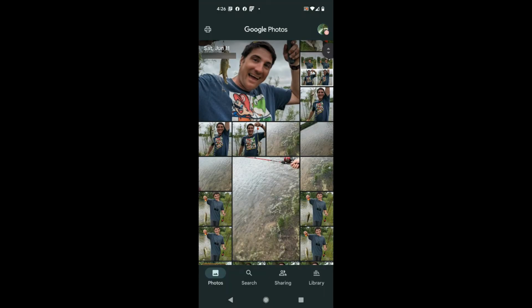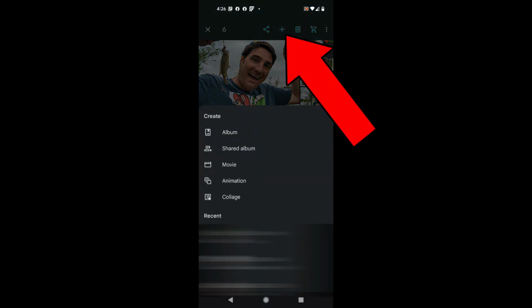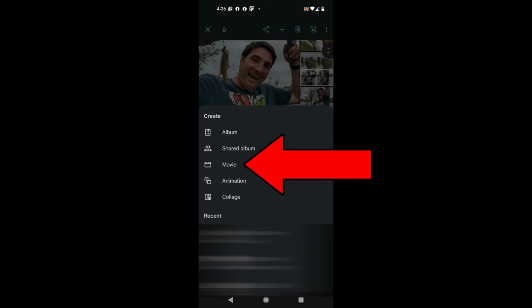I'm going to back up one more time. I'm back to those Google Photos. The last thing is I can create a slideshow. Again, I'm going to take several of these photos. We're just going to go ahead and select them. Go to my plus button at the top of the screen and then go to Movie. Let's click on